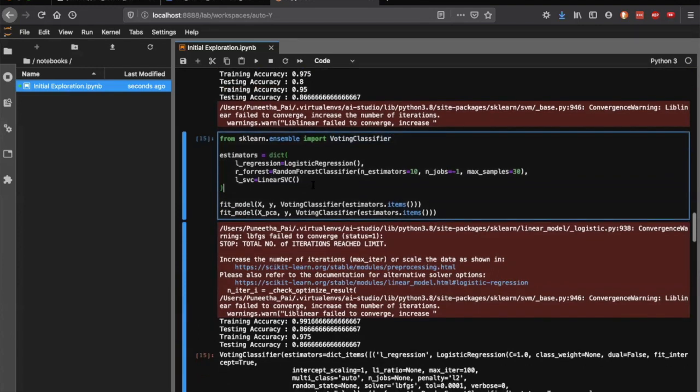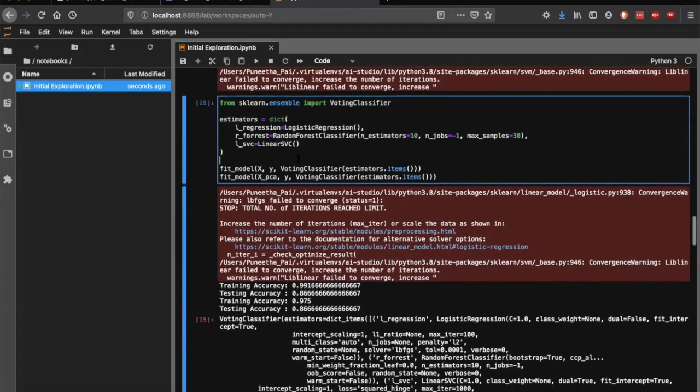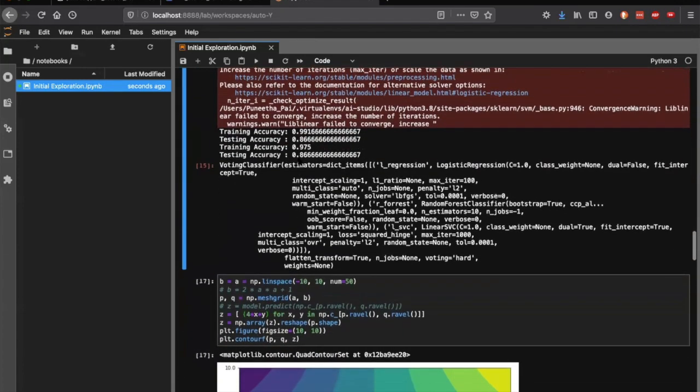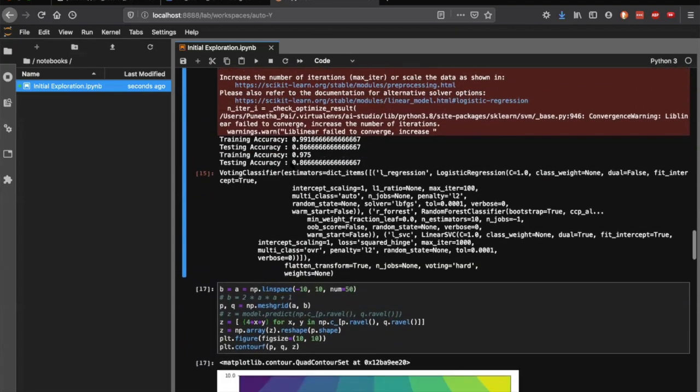If either of two models are predicting one thing, you vote for that. In the end, you get an ensemble model of all three, giving a test accuracy of 86 and a training accuracy of 97.